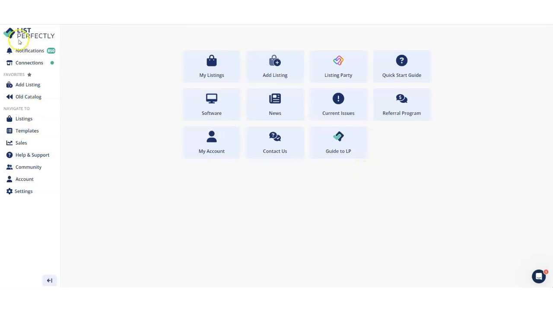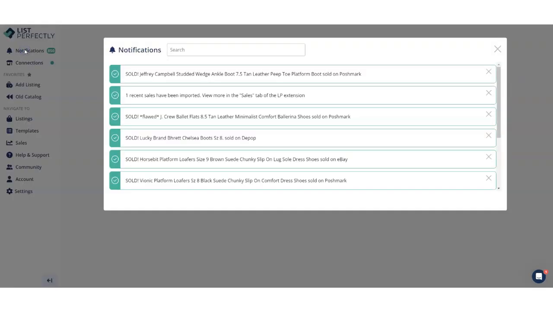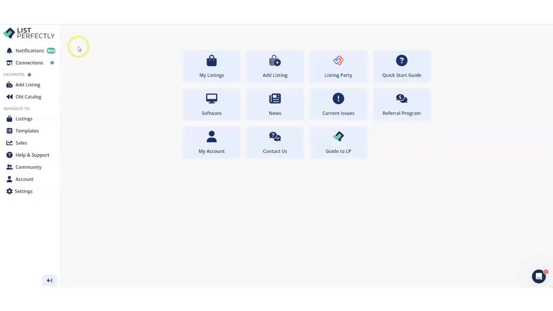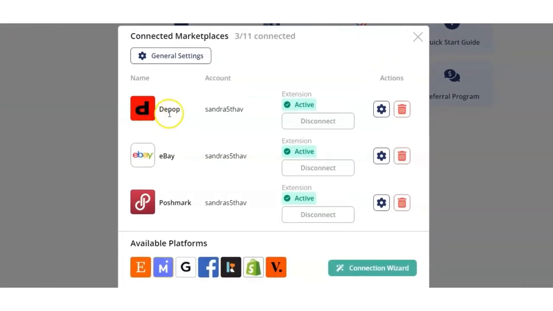The next item on this menu here is notifications, and here is where you'll see alerts about everything that sells on all of your platforms that you have connected. I'm going to click this X to get out of here. And speaking of connections, that is our next option right here. Here's where you're going to go to add or remove connections between List Perfectly and your selling sites. Right now, I have 3 selling sites connected: Depop, eBay, and Poshmark, but they do have all of these options down here available. All of my connections are good right now because they are green and it says active, but